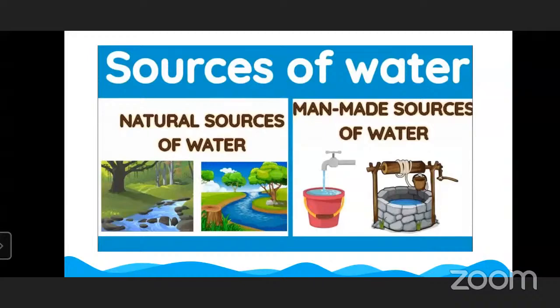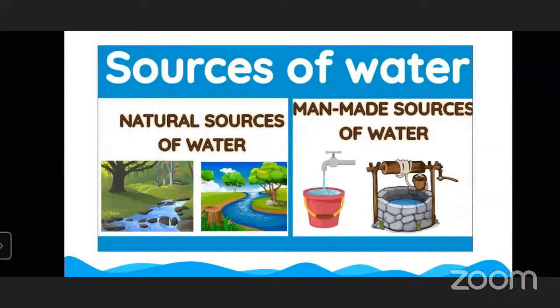Natural sources of water include surface water, underground flow, groundwater, and frozen water. That is, water in rivers and streams are natural sources of water. See that picture?